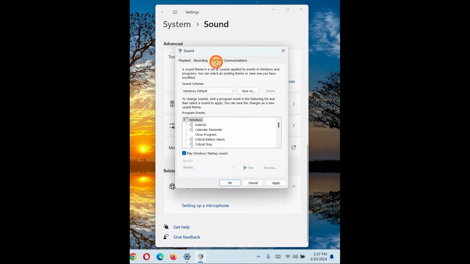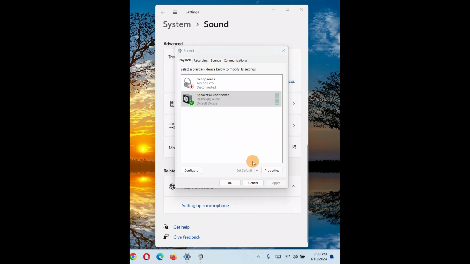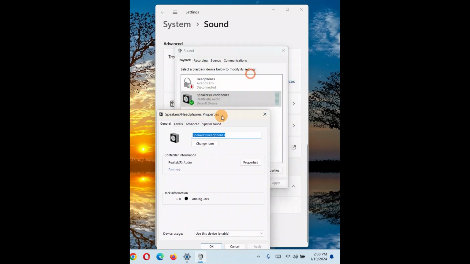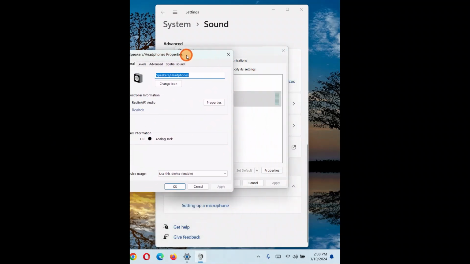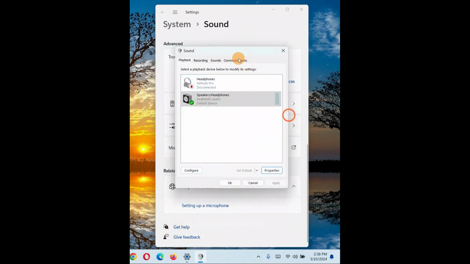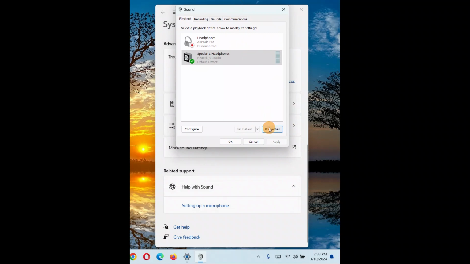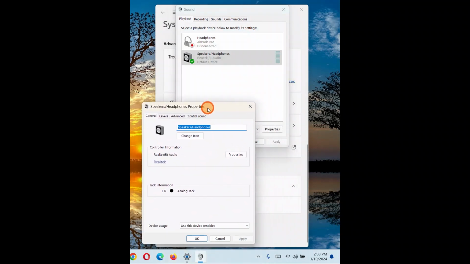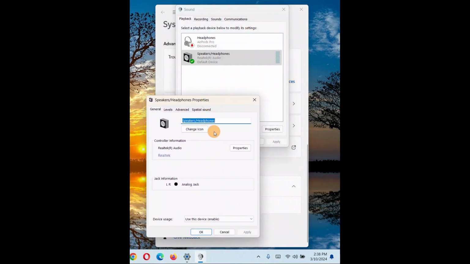What next you can do over here is go to the Sounds tab, and make sure it is Windows Default. If it is None, change it to Windows Default, click on Apply, and then click on OK. The next step is to go to the properties, and here you're going to see, let me take it a bit up, click on properties and put it a bit down, and here you're going to see again